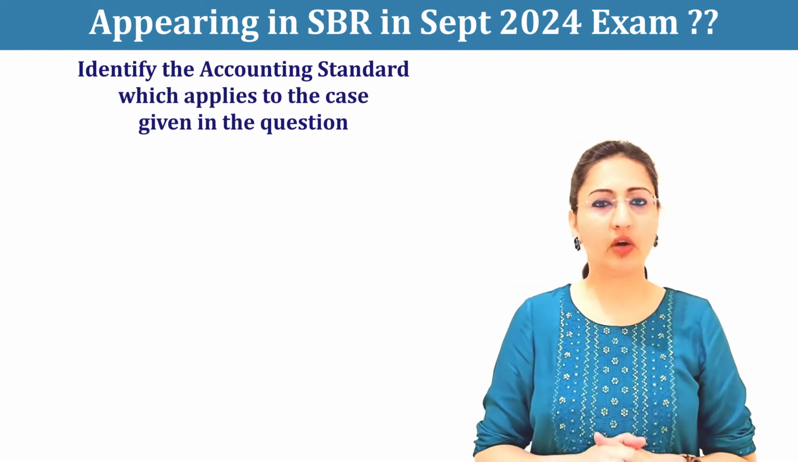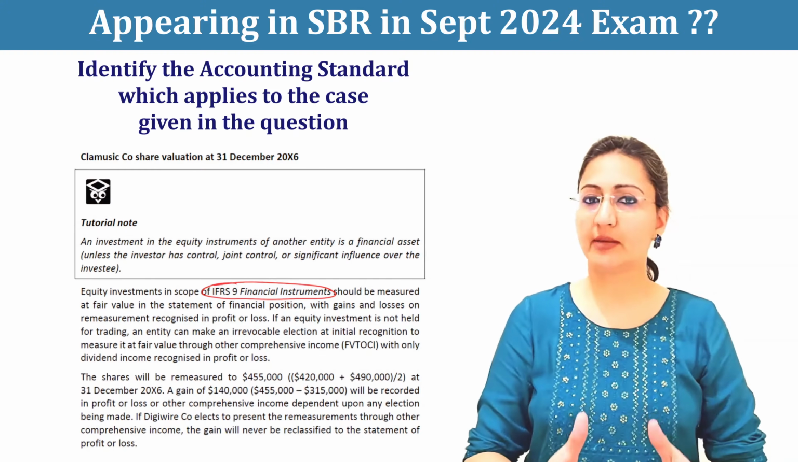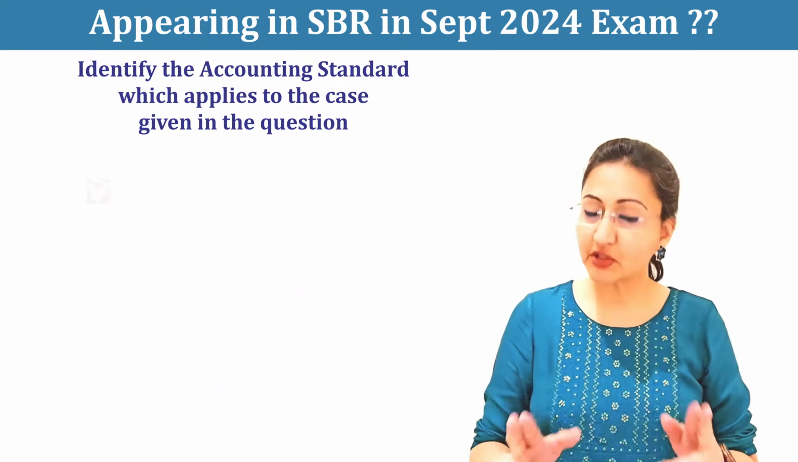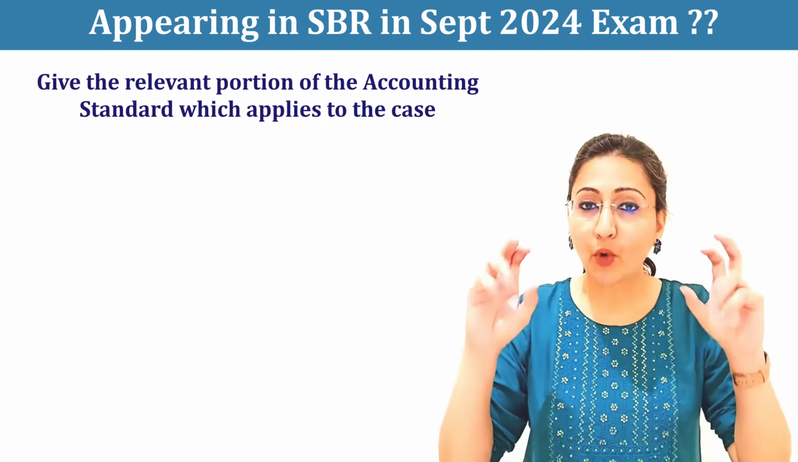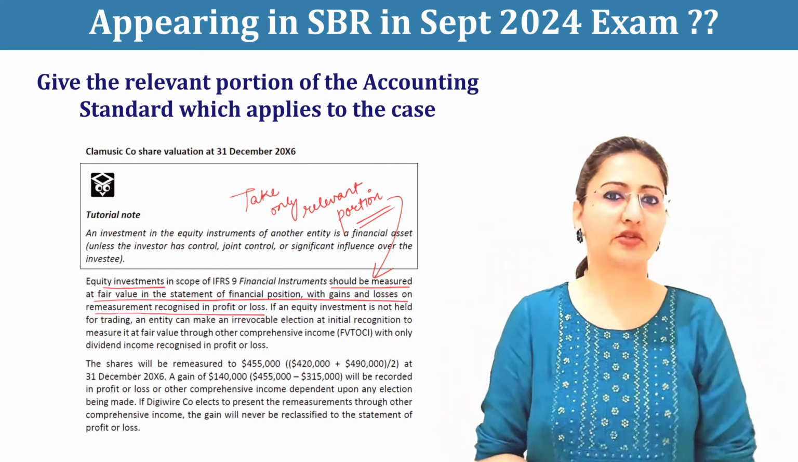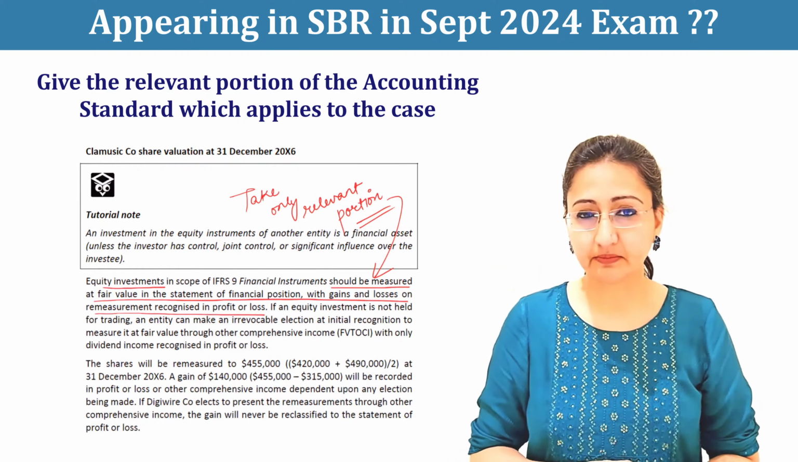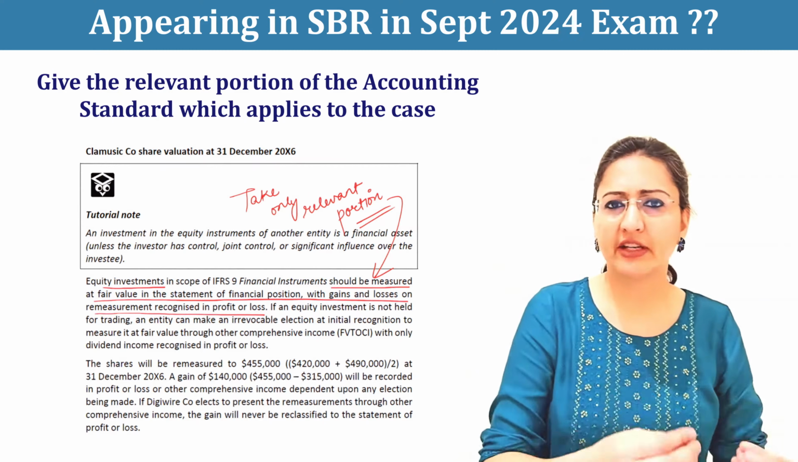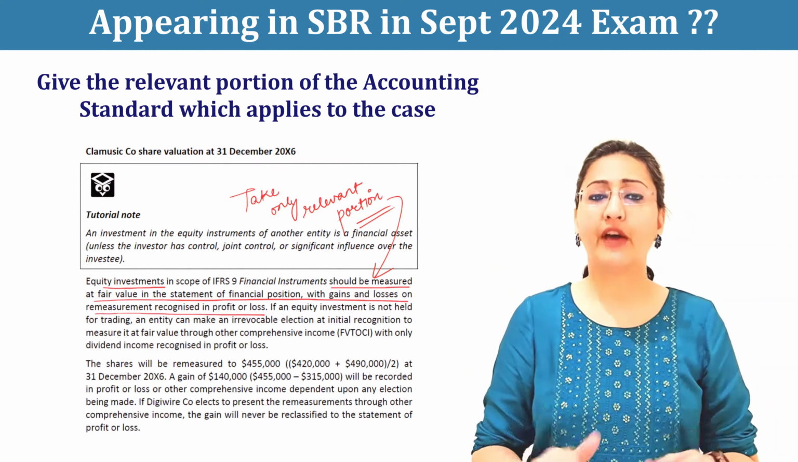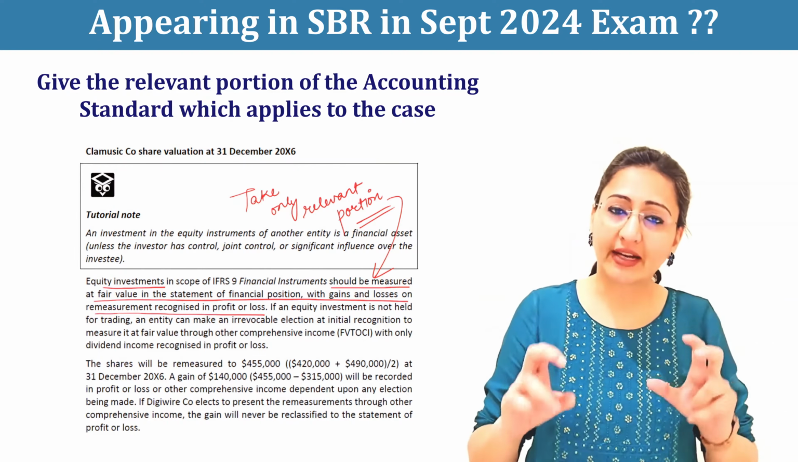The first thing is always refer to the standard which applies to that case. That's the first step you should do. Number two, applying the standard only will not work. You will have to give that relevant portion of the standard which does apply to the case. When we talk about IFRS 9, obviously you are not supposed to start explaining what is a financial asset, what is a financial liability. No, you have to directly come on the point what particular portion of the standard applies